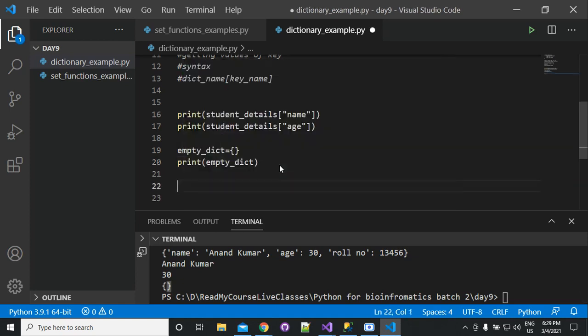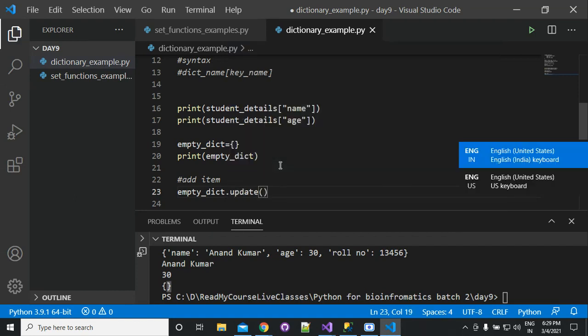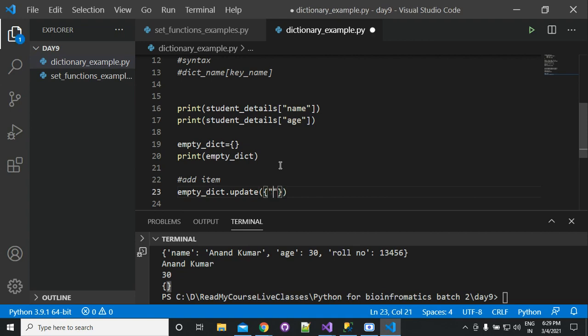Now if you want to add, you can write empty dictionary dot update, and then use parentheses, and inside this a curly brace, and inside this you write the key name. Suppose we want to add age, and the value of age we want to put is 20.